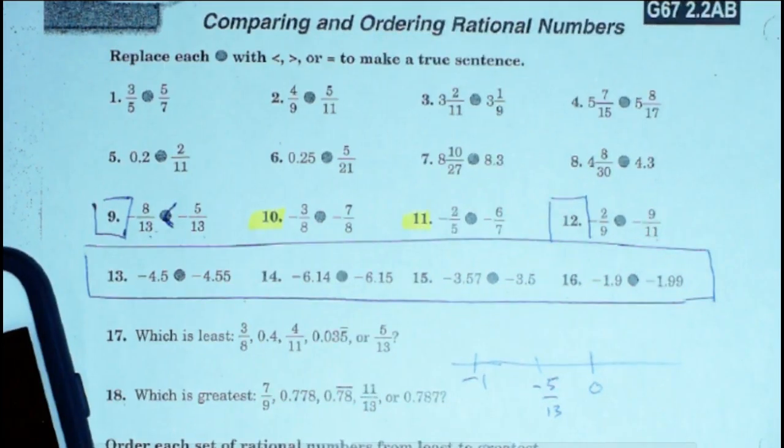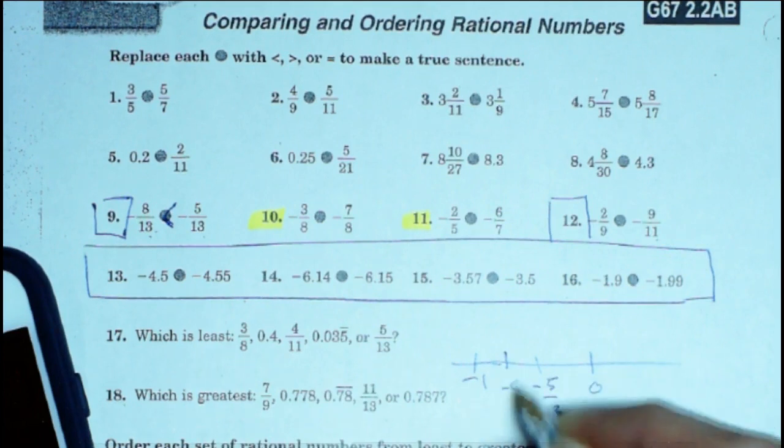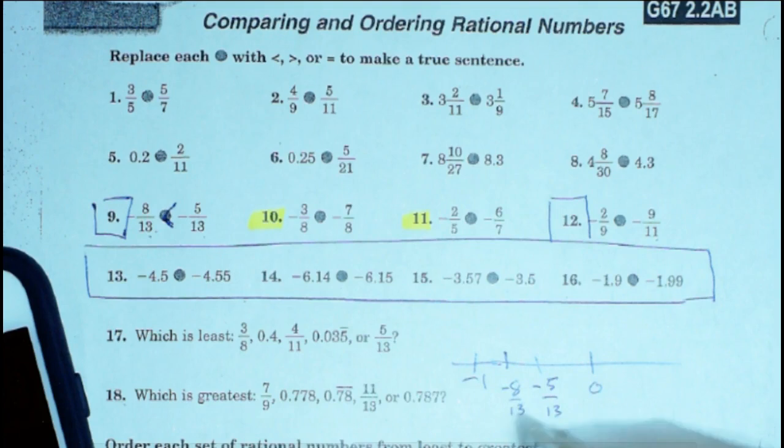Okay, this one here is going to be somewhere maybe here, negative 8/13. It's not quite right, but it's as close as I can to be neat. But you can see that this one is closer to 0. The closer to 0, the larger the value. It's less negative. The farther away from 0, going in the negative direction, the more negative it is, the smaller